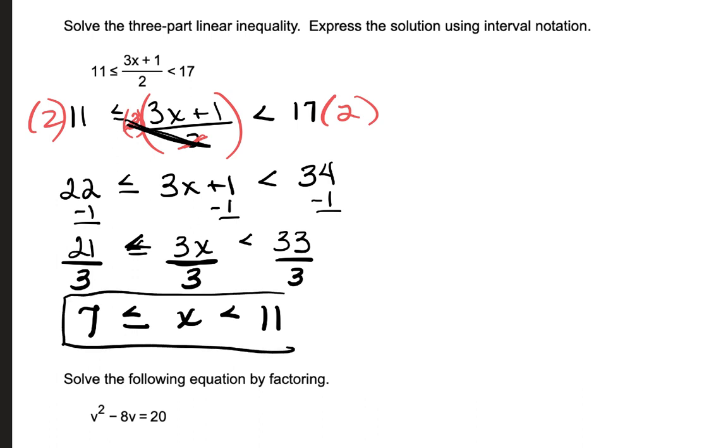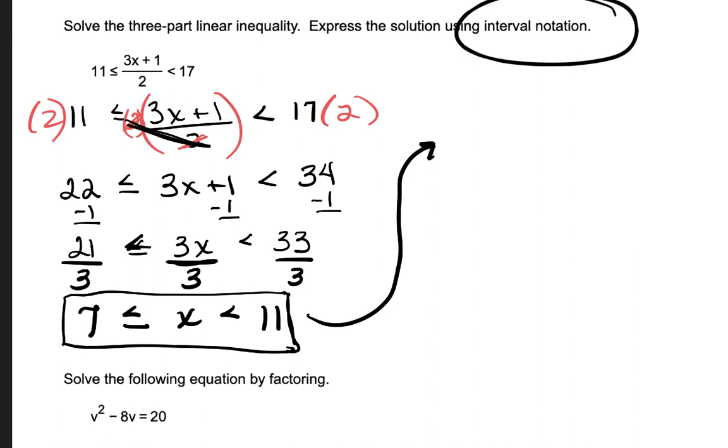But now I'm circling it. I'm putting a square around it, a box. But that's not what you put as your answer. You have to write it in interval notation. All right, so